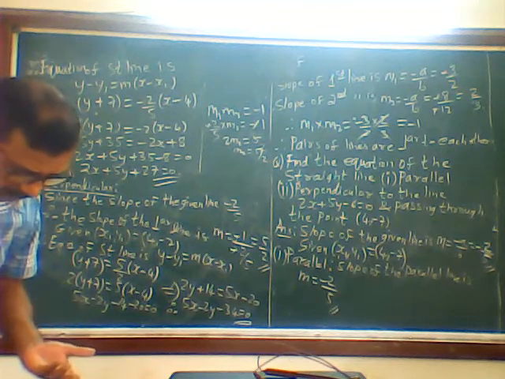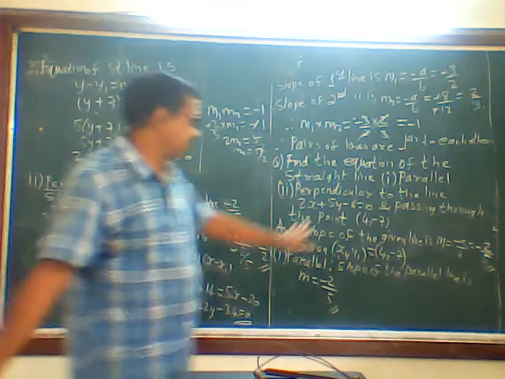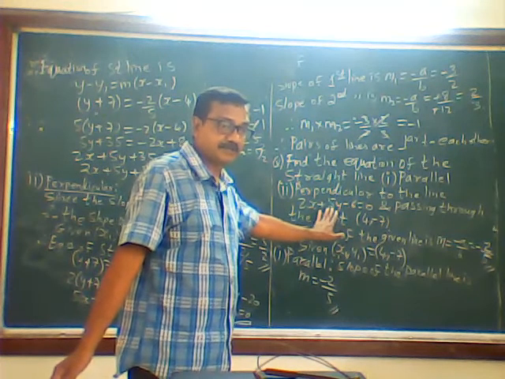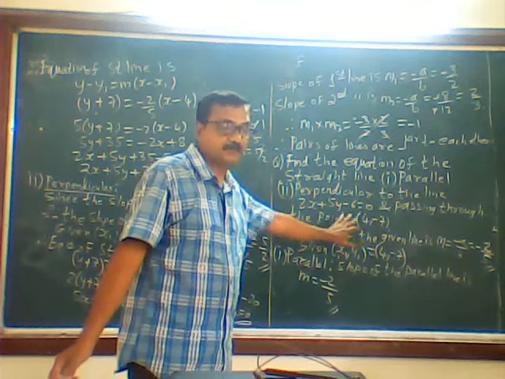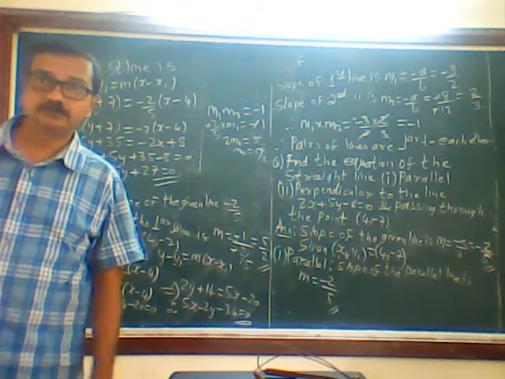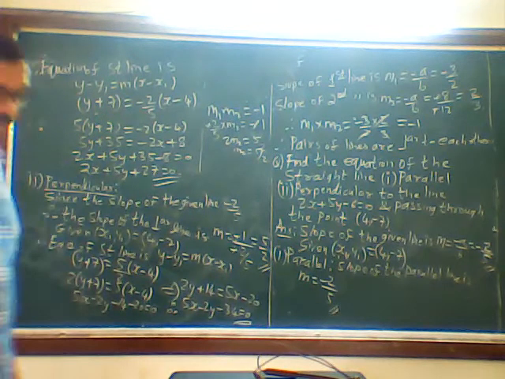Next, it will be the same problem. He will not give the straight line; he will give you two sets of points. You have to find m from that. And another point will be given, which will be written as x1. So you can do that problem.